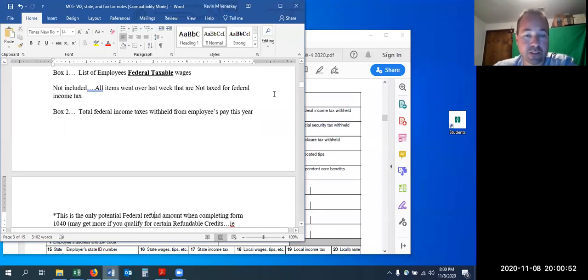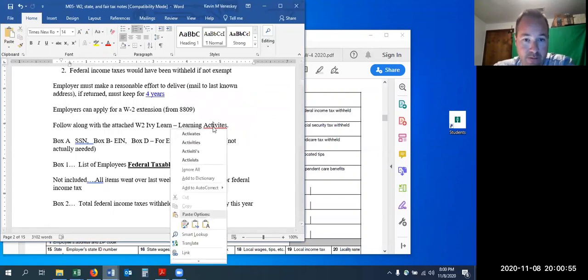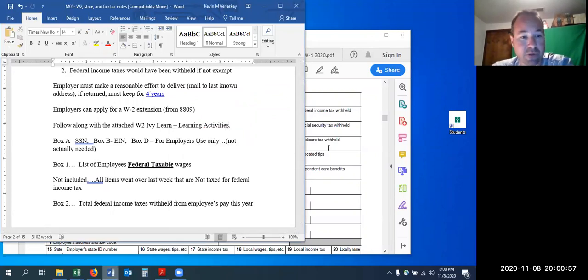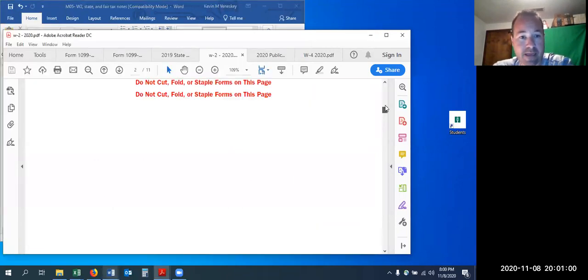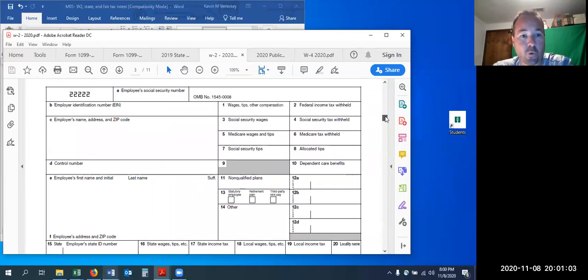All right, let's look at the W-2. Let's go through some of the aspects. The important parts, especially when you're doing a tax return, you've got to have the employee identification number. If this is entered in wrong, then the return very well could get rejected. Of course, the employee Social Security number needs to be correct too, because the IRS is going to use that to compare, to say, this is what you put into the tax return, this is what the actual W-2 says for this Social Security number. Make sure they match. The IRS will do that.